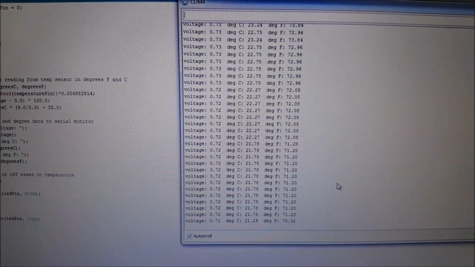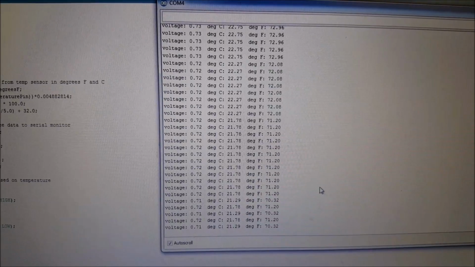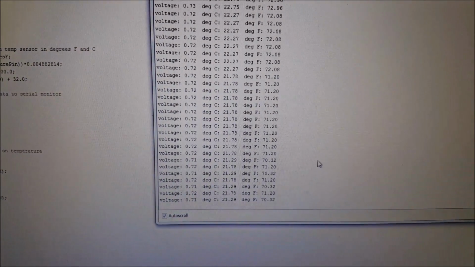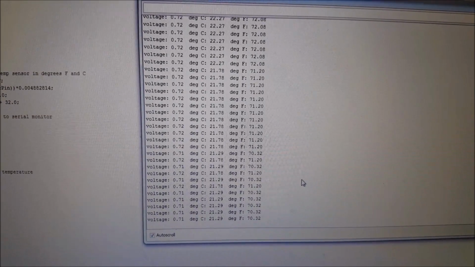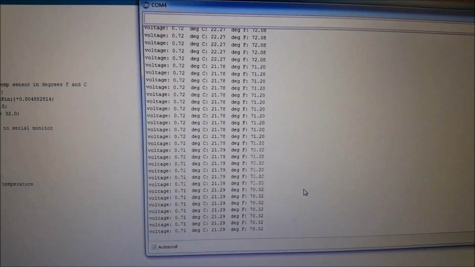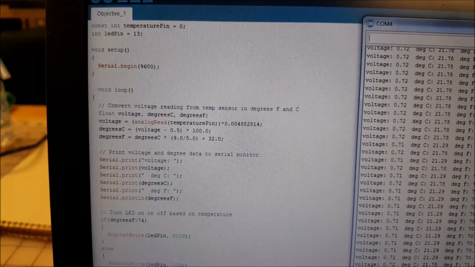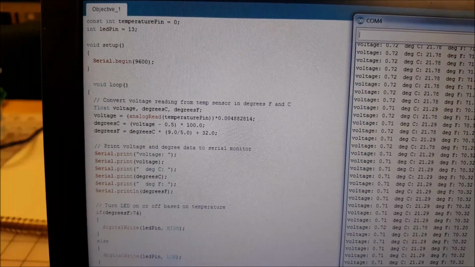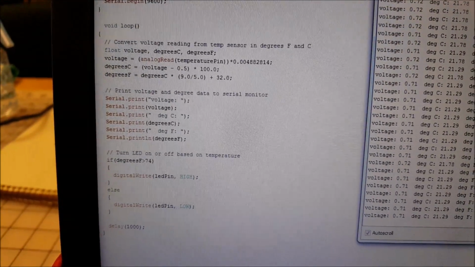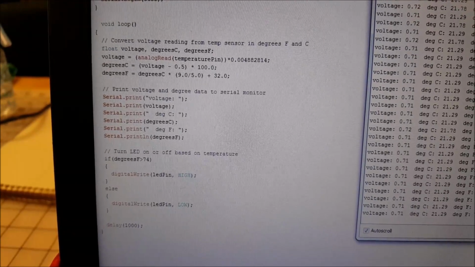So there's the serial monitor. We're outputting three things: the voltage that the sensor is actually seeing, degrees in Celsius just because, and then also degrees in Fahrenheit. So we just have two integers there, the temperature and the LED pins. And then all we do is use that float value there, that float command,